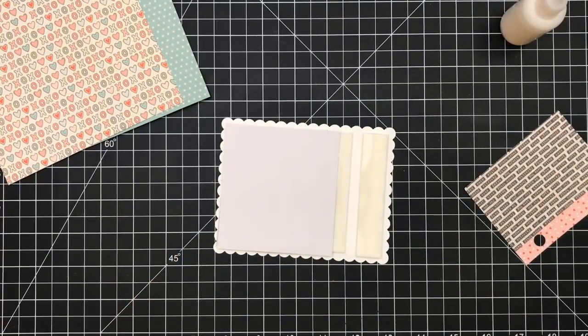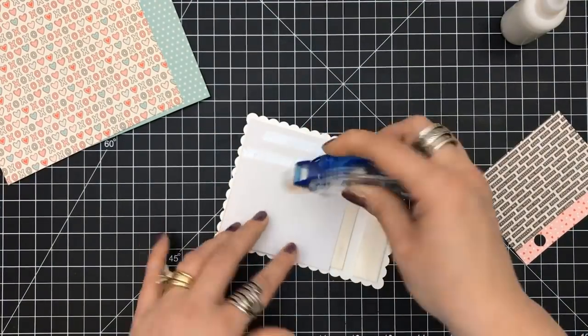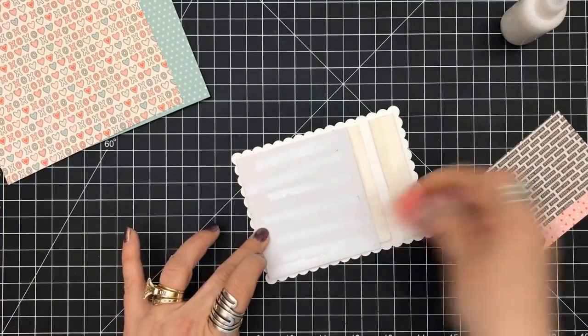I'm going to then set this down onto the card panel. I'm going to use my tape runner. Yeah, does this happen to everybody else too? So I pulled in another one,